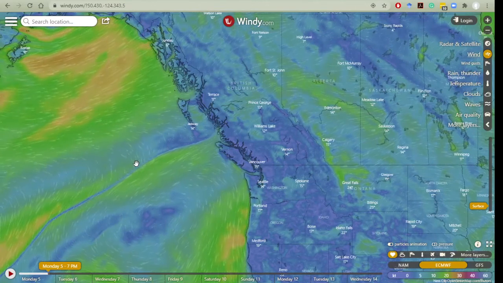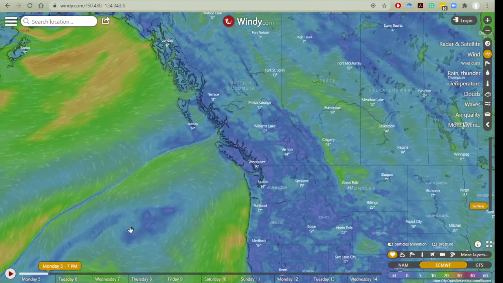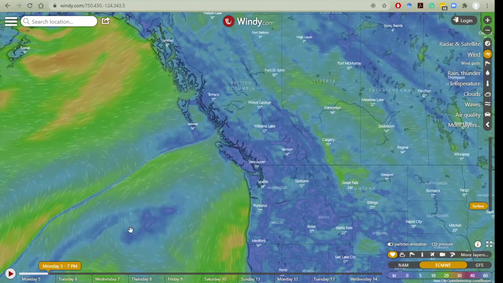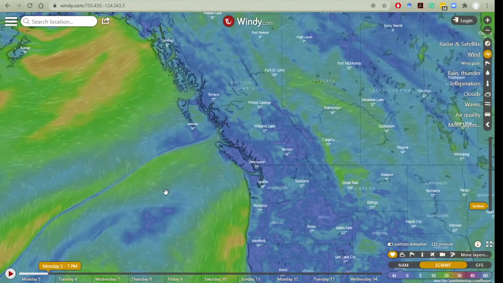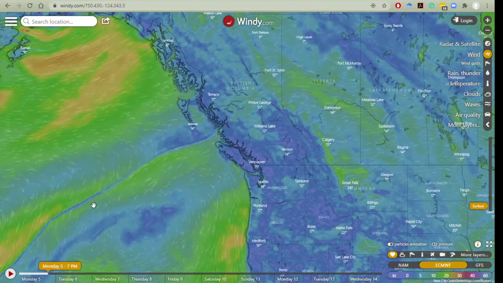It's not a dangerous situation. It's just where the two weather systems interact. There's a boundary there, and so that blue stripe along there indicates a really serious feature. However,